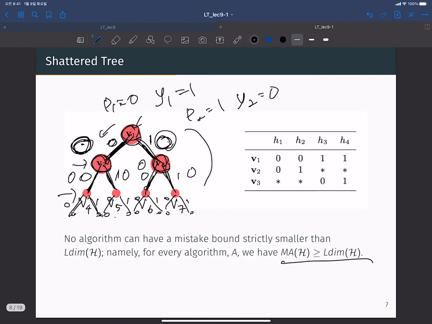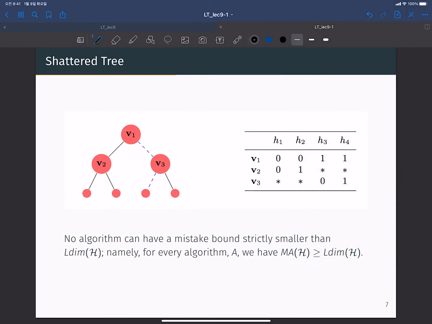So for instance, in the previous page, for the Littlestone tree definition, there is the entire hypothesis class, and there are sub-hypothesis sets: one that has zero response for the instance v1, and one with output label 1. They are disjoint, and the union of these two hypothesis sets is the original total hypothesis set H. Okay. And for the second level,